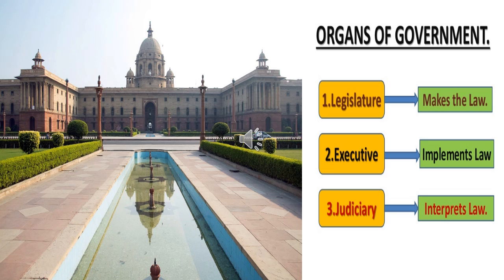Articles 52 to 78 in Part 5 of the Indian Constitution deal with the union executive. How many articles are there in total? 395 articles. So articles 52 to 78 in Part 5 deal with the union executive. The makers of the Indian Constitution gave due recognition